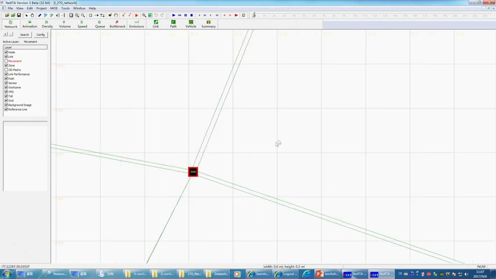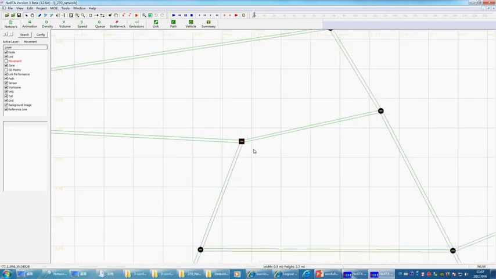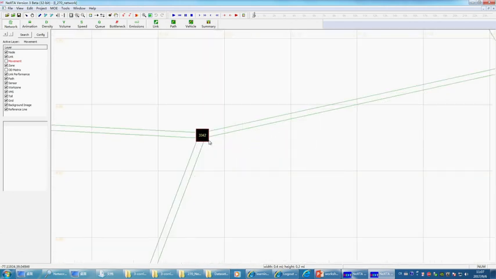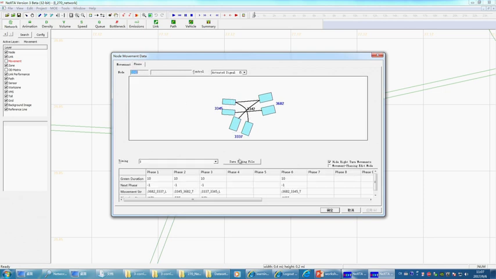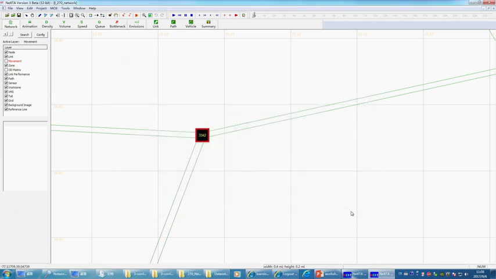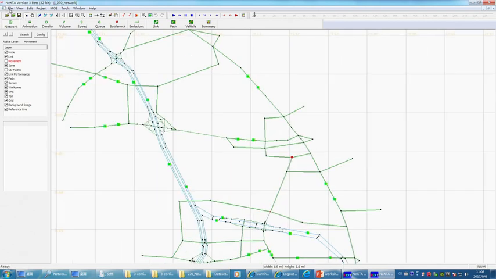So the related signal is this T intersection 3342. Go to movement, right click, view the movement dialog, and you can try to look at the phase and timing plan, phase 1, phase 2, phase 3, and all those detailed information can be automatically generated in the NEXTA interface. And if you save the information,